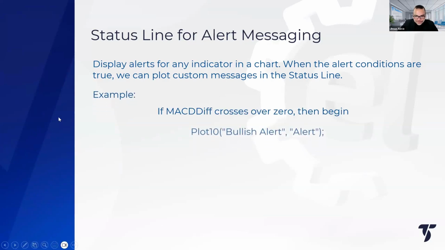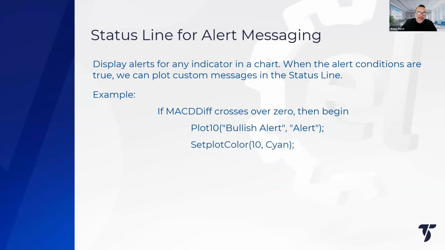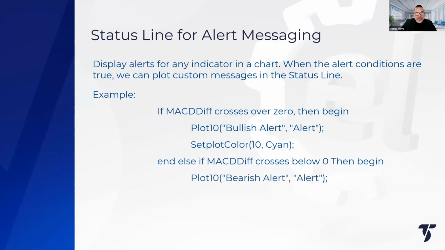Here's an example based on the MACD diff. If it crosses over 0, then we're going to plot bullish alert and then set the color to cyan. But then if the MACD diff crosses below 0, then we're going to plot bearish alert, and it's going to be a color magenta. What I want you guys to take note of is what is inside of plot 10,